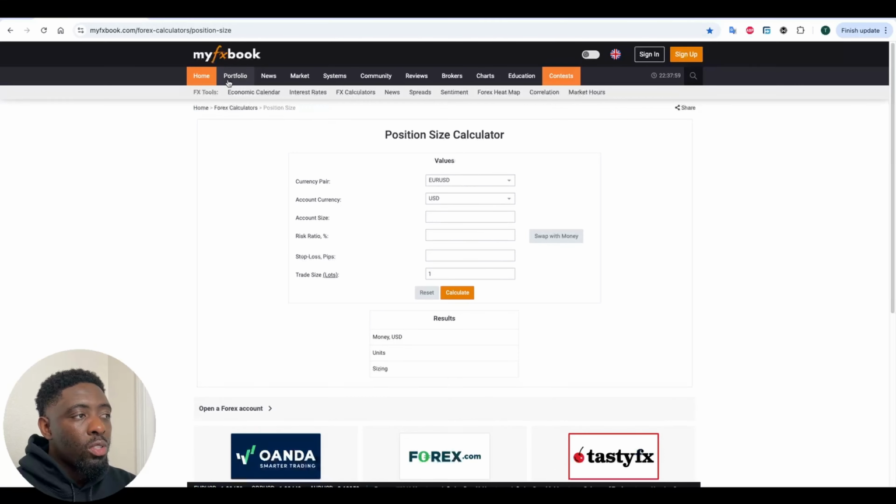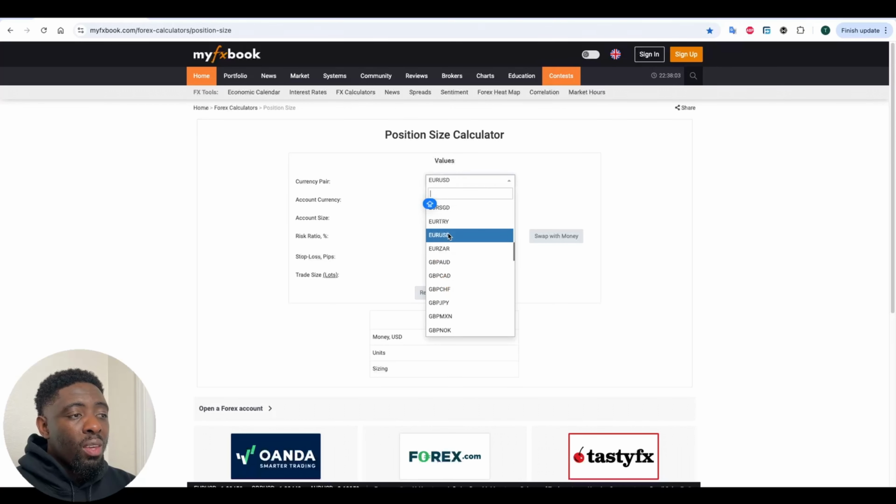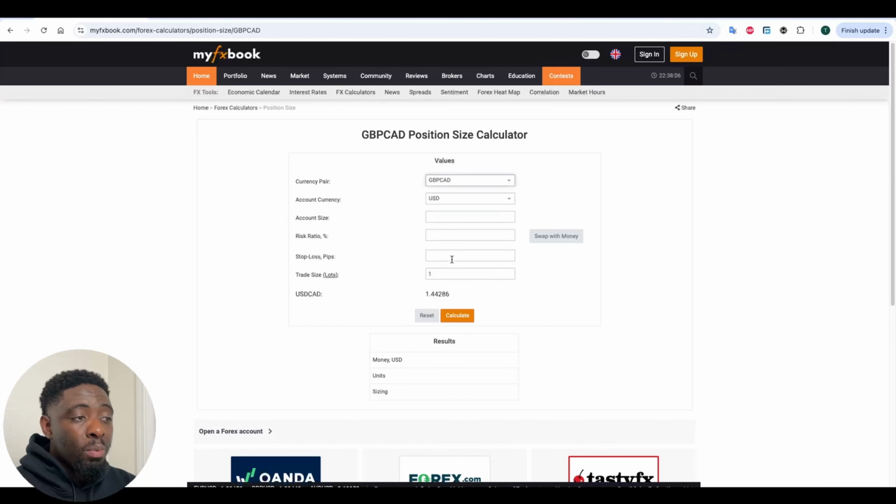If I go up to my FX book, for example, it's the same thing. The currency pair here gives you currencies, GBP CAD, and let's see if I do NAS. You see the same thing. If I do NAS 100, it tells you no results found. Most of these websites have the currency thing. The position size calculator is very good when you're doing the lot size calculation for currencies. But when you're doing it for indices, BTC, cryptos, and things like that, it's very difficult on